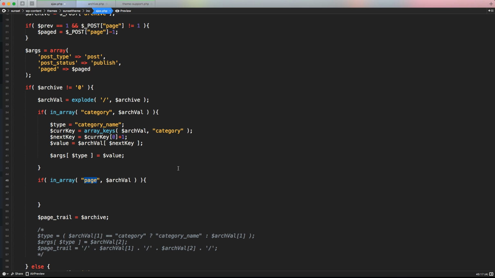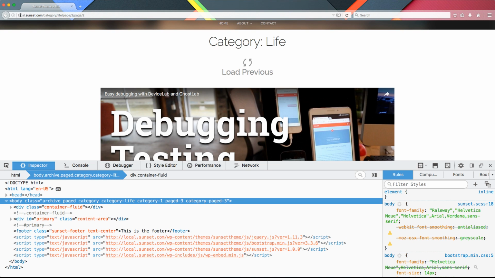So we have to remove the page stuff, and we can use the same explode here. Let's change these into another variable, for example page val, or you can name it whatever you want. And now to explode this, instead of exploding with a /, we are going to explode by the page value. So our entire URL, composed of local.sunset.com/category/live/page/3, is going to be exploded